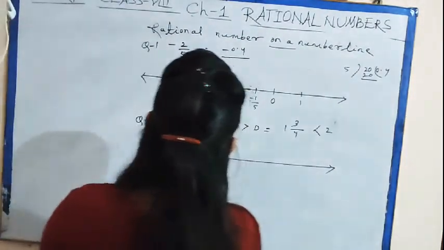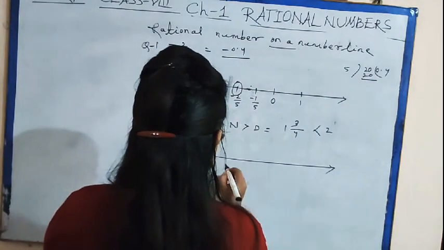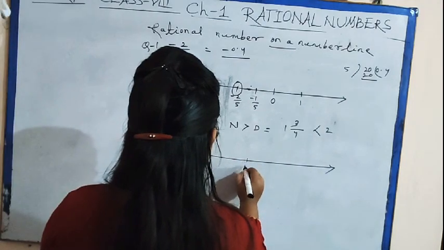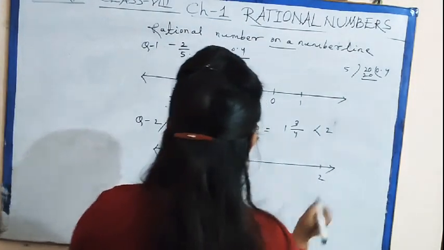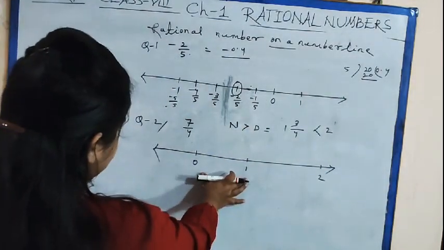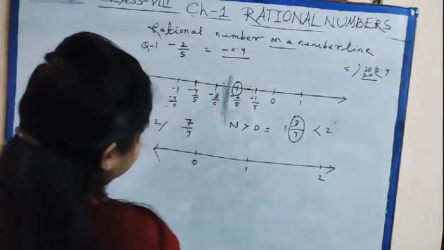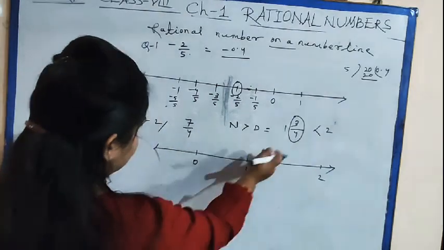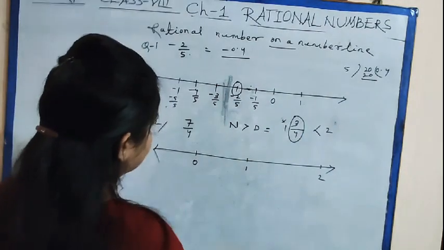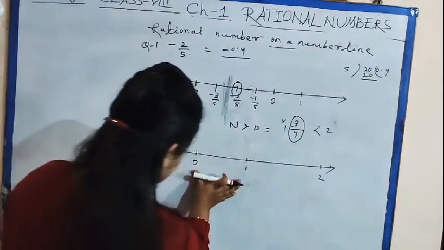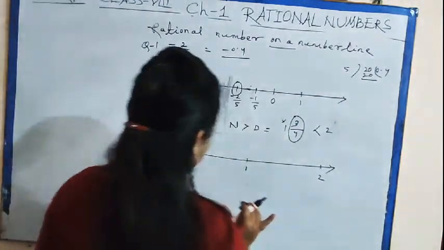Okay, so write here 0, then 1, then 2, and 1 is completed, and you show that 3 by 4 part. 3 by 4 means this 1 is a complete number. You find out where is 3 by 4. See, this part is 1 and this part is 1. Total is 2 now.